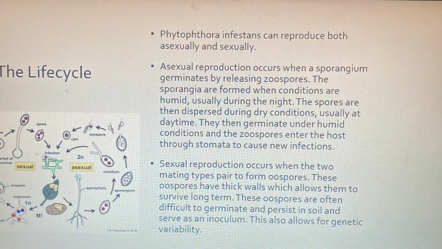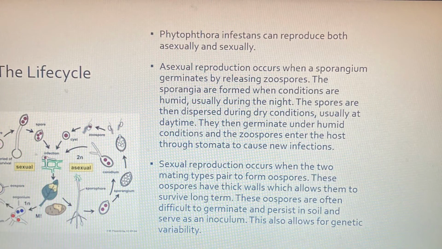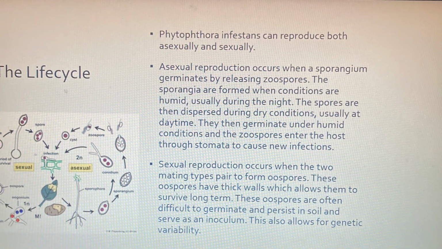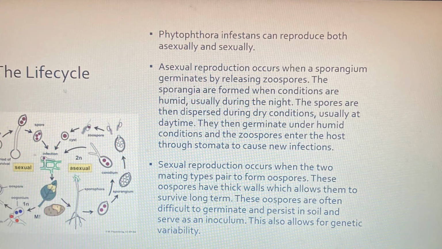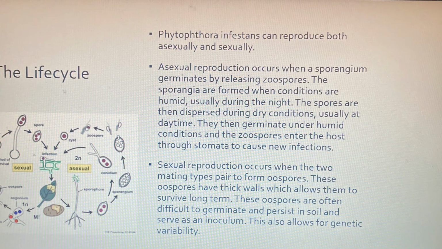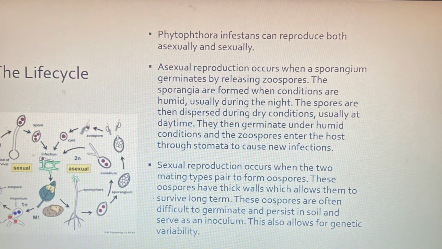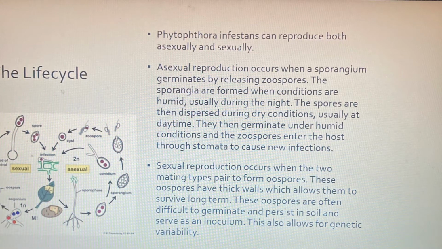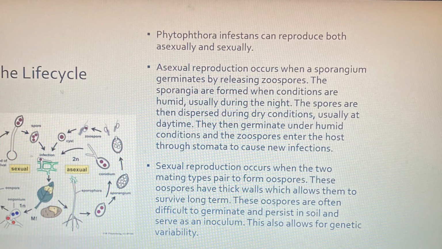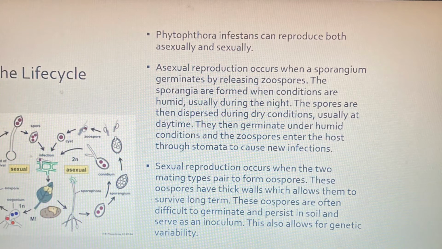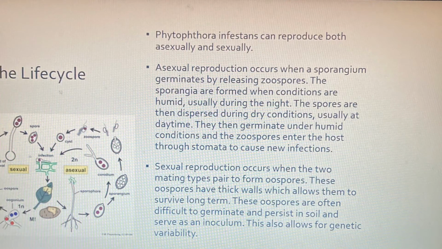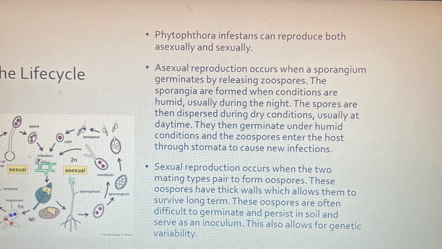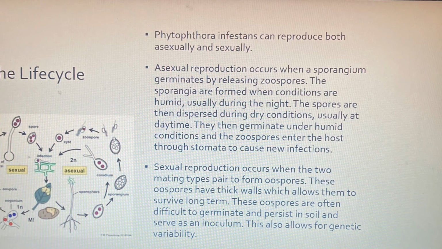So the life cycle is actually quite complex because they can reproduce asexually and sexually. The asexual reproduction occurs when the sporangium germinates by releasing zoospores. The sporangia are formed when conditions are humid, usually during the night, and the spores are then dispersed during dry conditions, usually at daytime. They then germinate under humid conditions, and the zoospores enter the host through stomata to cause